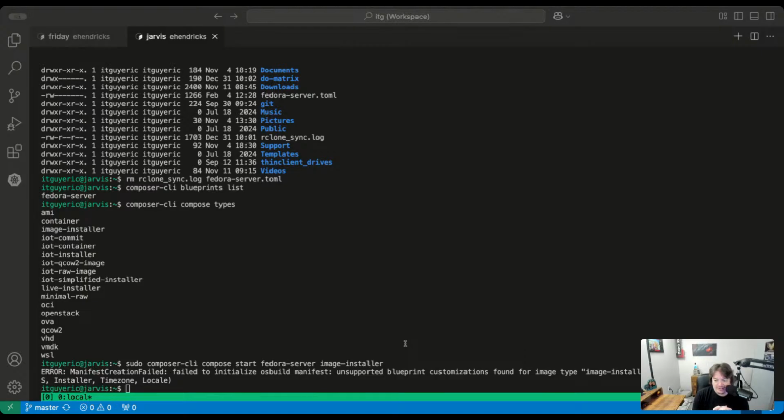So Nate is asking which terminal we're looking at. This is just a terminal within VS Code, if that's what you're asking. It's to my virtual workstation, who I call Jarvis. Okay, so